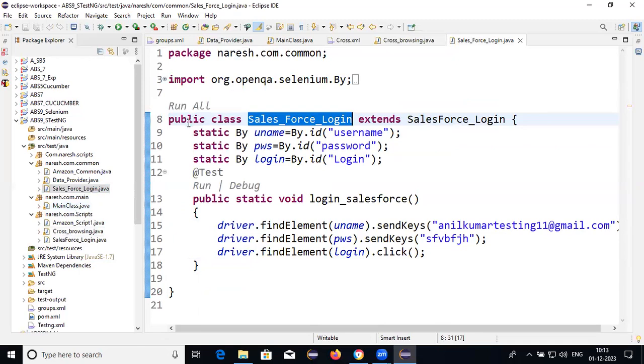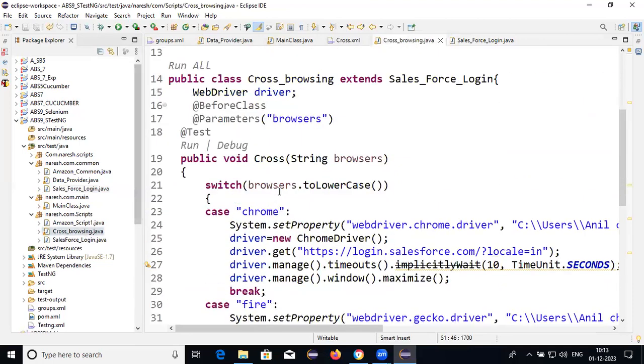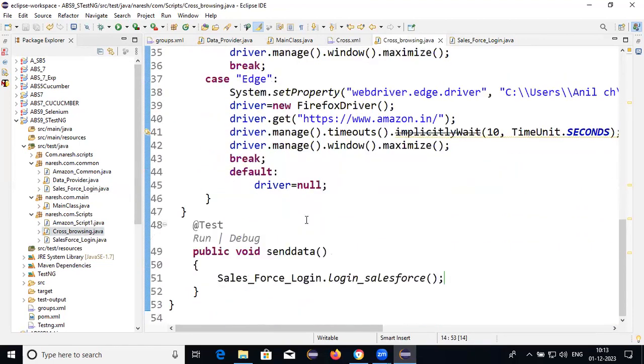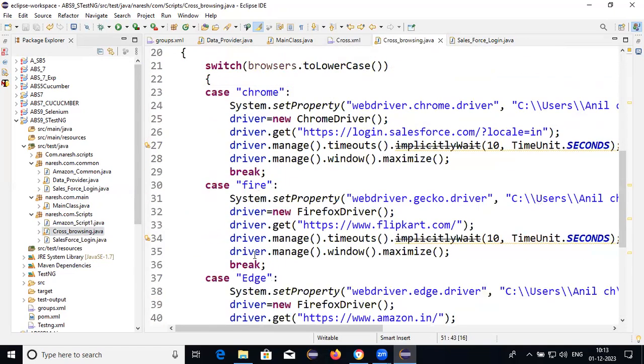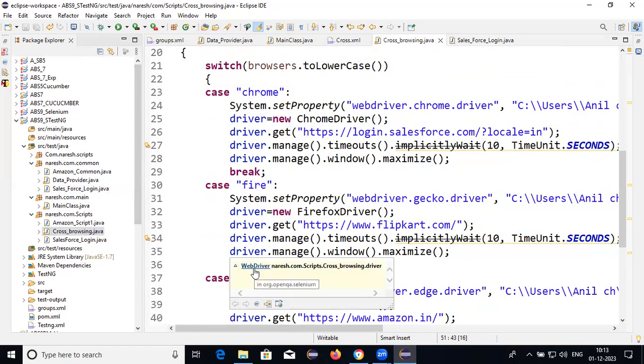I want to call this method by using extend of this class name inside of the cross browsing. See, I extend the class name. Once I extend the class name, I am able to get this method. If you want to execute,